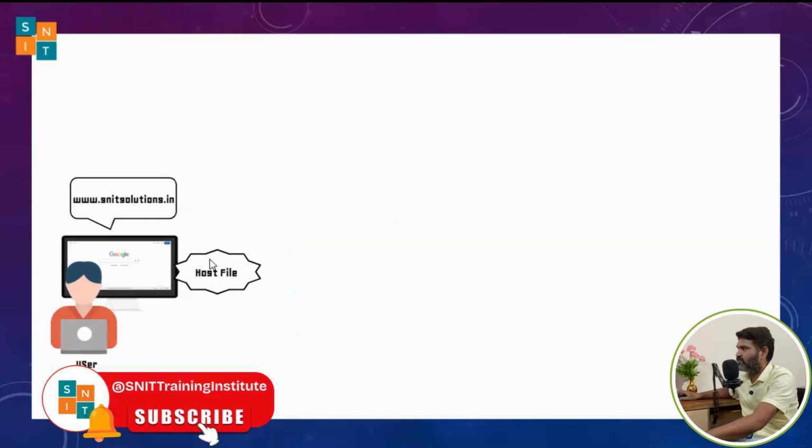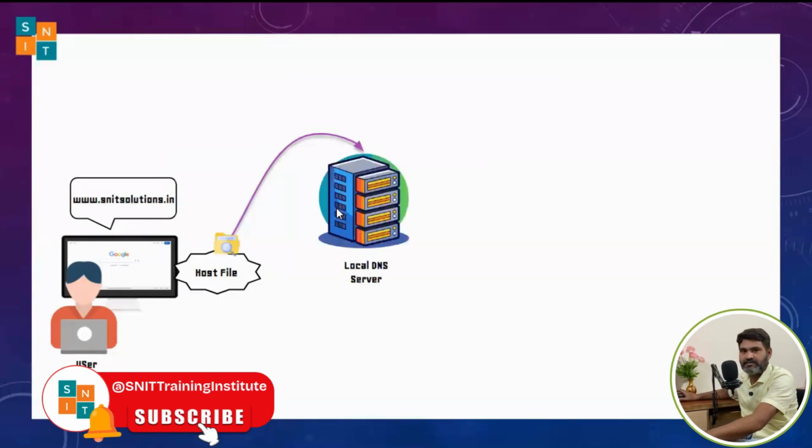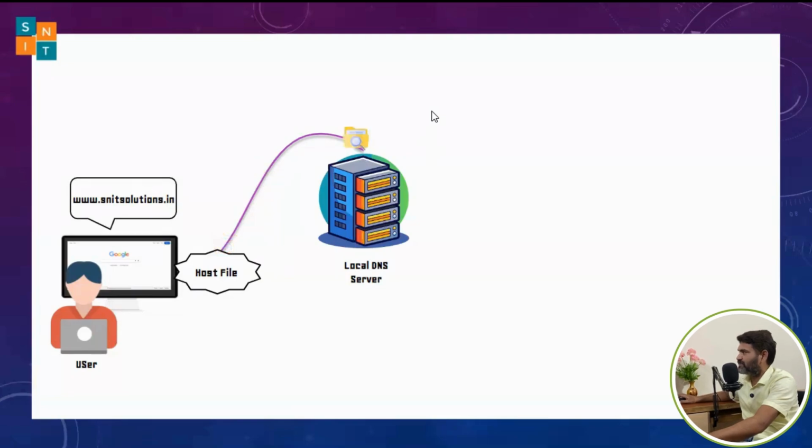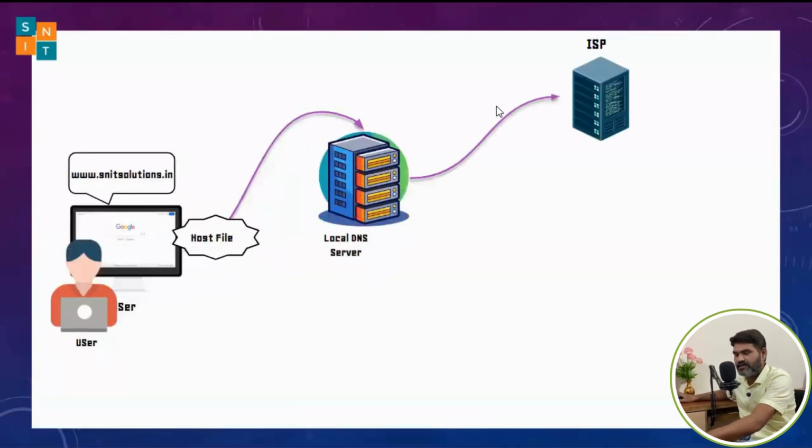And the host file says, no, I don't know about this, and this request from the host file will be forwarded to one of the servers, and that is called the local DNS server. Now inside this local DNS server, it will search for this www.snitsolutions.in, and this local DNS server did not find that address, and this address is forwarded to, what is it? The next server, and that next server is an ISP server, right? You can see the ISP server, and that request is received by the ISP server, and now the ISP DNS server will search for this